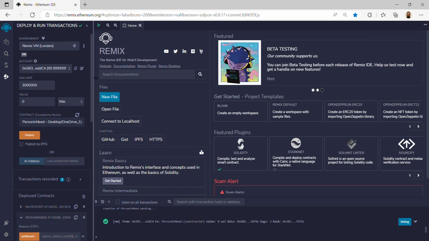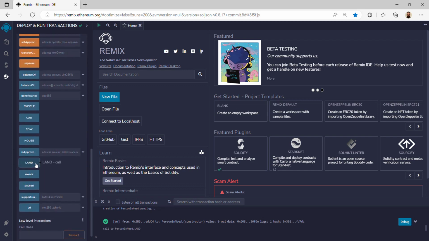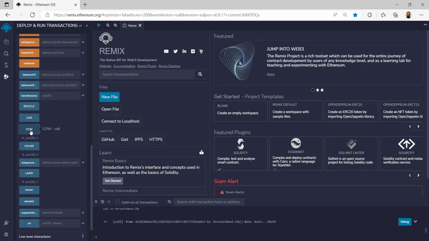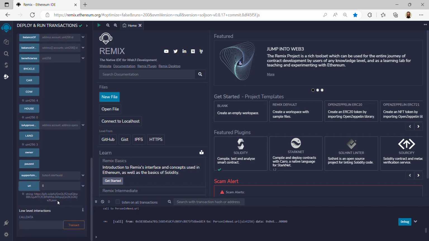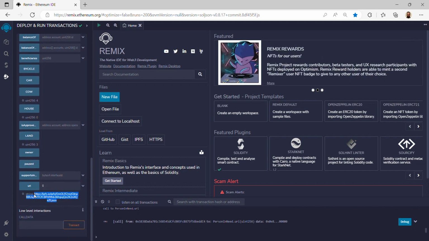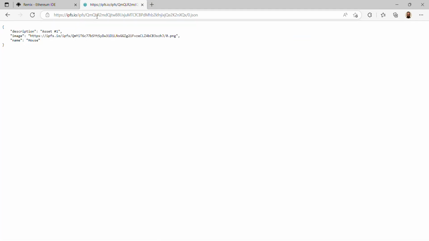In the person in need contract we have different kinds of assets, for example land, house, cow, and so on. Every one is mapped to an integer, so if we insert the corresponding integer and query the function URI, we retrieve the JSON file with the metadata associated with this kind of asset. So for example, here we have the first asset, which is the house, and here there is just